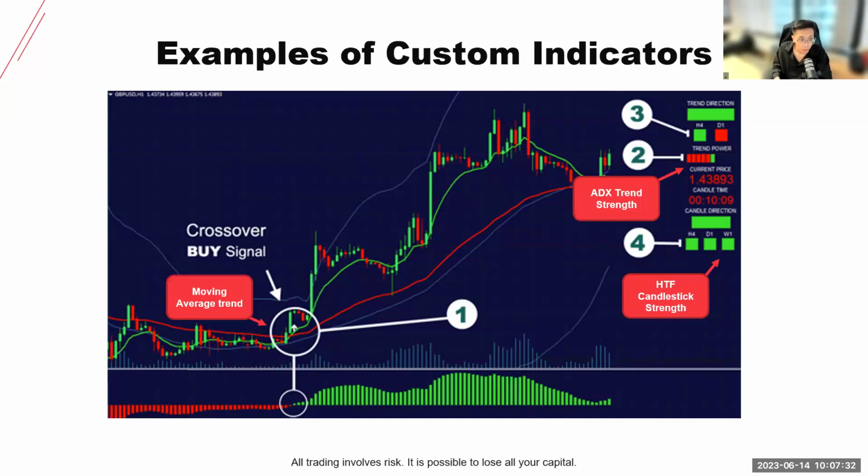So we can see that for this particular indicator, it uses the moving average crossover trend following strategy. And this indicator has multiple confluences, such as the ADX trend and trend signaling on the higher time frames. This shows that custom indicators can be pretty flexible in terms of the confluences, and users can be creative with it if they decide to create their own indicators. By creating your own indicators, you could, later on, I'll explain more when I'm talking about where do you find these indicators and how do you